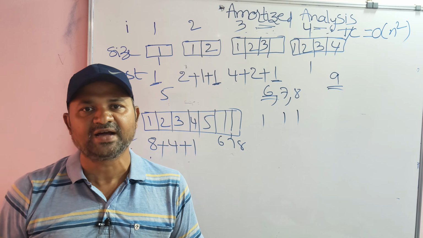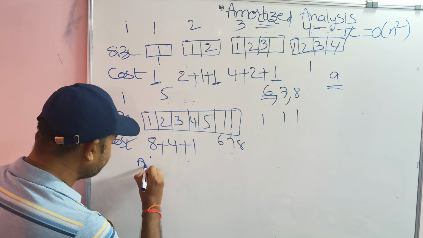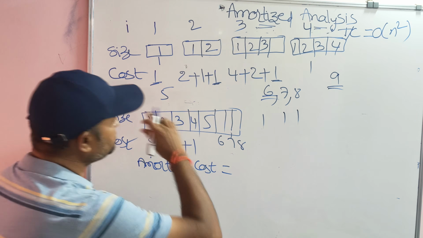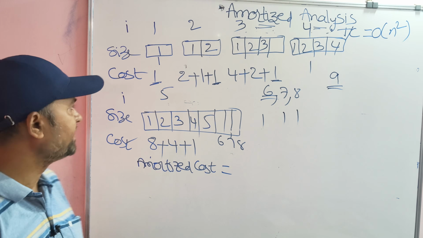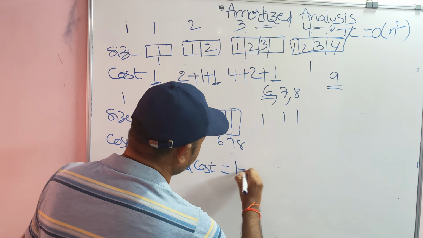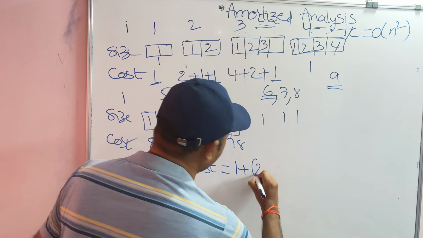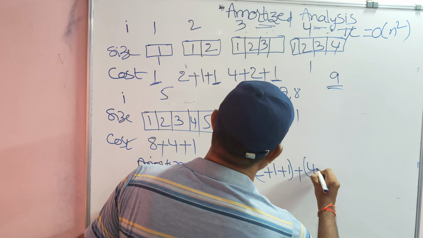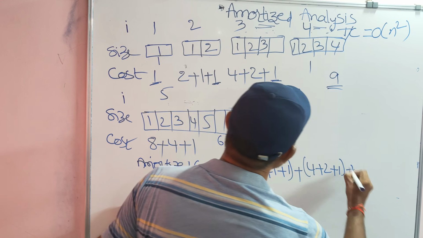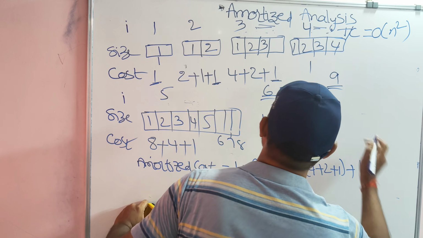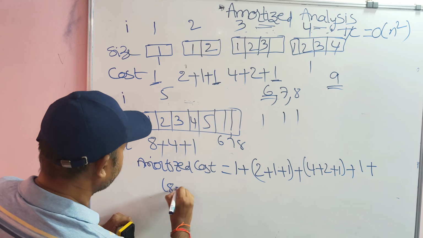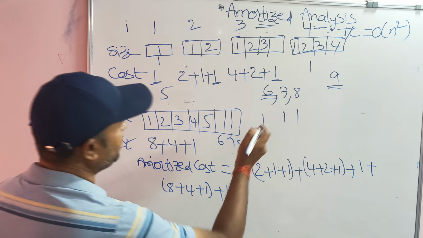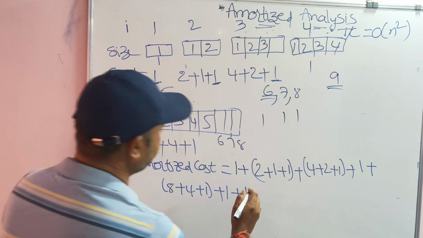Now let us calculate the amortized cost. Amortized cost is equal to the total cost of all the operations divided by the number of operations. So what is the cost of the first operation? 1. Plus the cost of the second operation, 2 plus 1, plus 1, plus the cost of the third operation, 4 plus 2 plus 1, plus the fourth operation cost 1, plus the fifth operation cost 8 plus 4 plus 1, plus the sixth operation cost 1, plus the seventh operation cost 1, plus